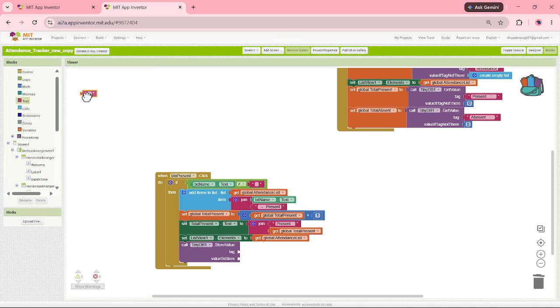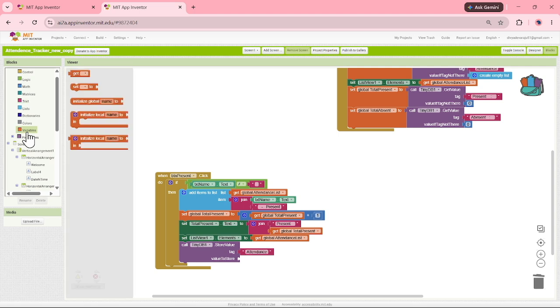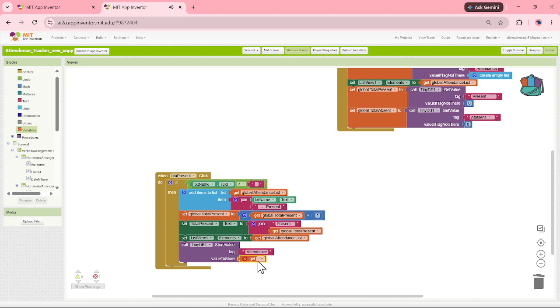So for the tag I'm going to go down to the text and I'm going to pick up this and we will be writing attendance. Okay, and then we would go down and get the value, which is for the variable global attendance. So once this is done,